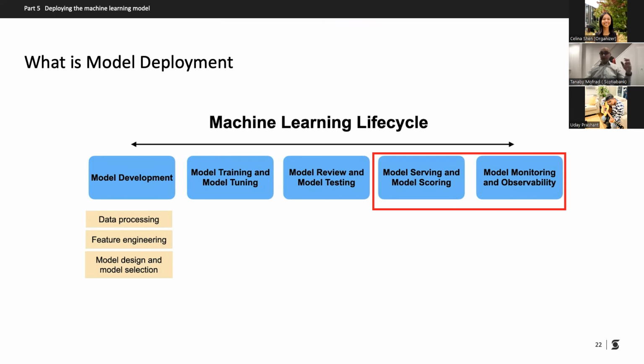So with model monitoring, we can set some thresholds or targets and say, okay, as long as the performance of the model is in this region, we accept this. Or as long as the distributions in the data which is feeding the model are aligned with the data that we used to train the model, we can